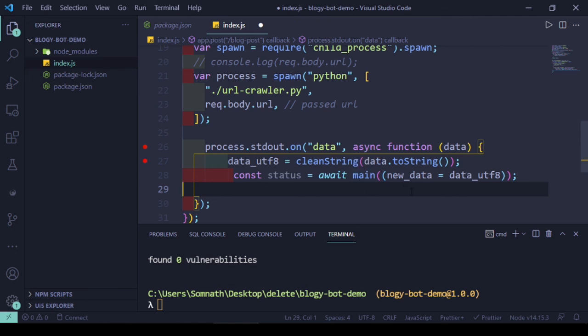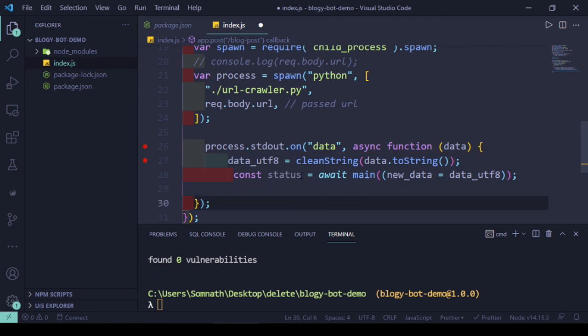It will return a promise, so that's why this await is required, and it will return a status, a message on whether the GitHub update was successful or not, or any exception happened. That's the information I'll collect in the status constant, and I'll respond back to the SAP chatbot.